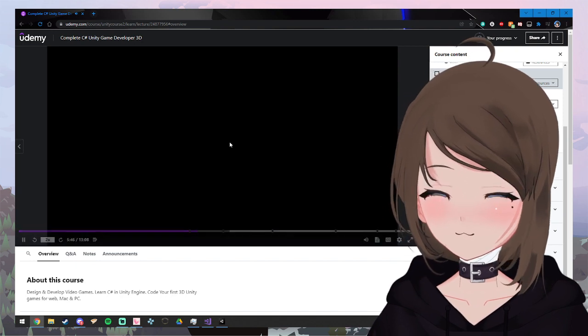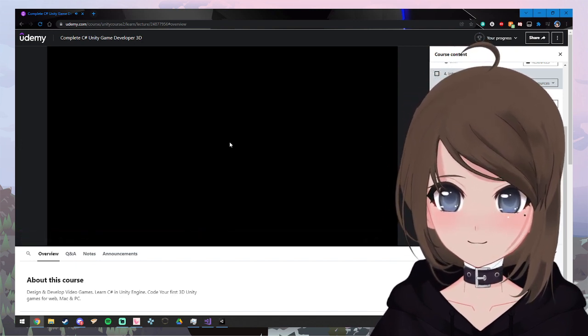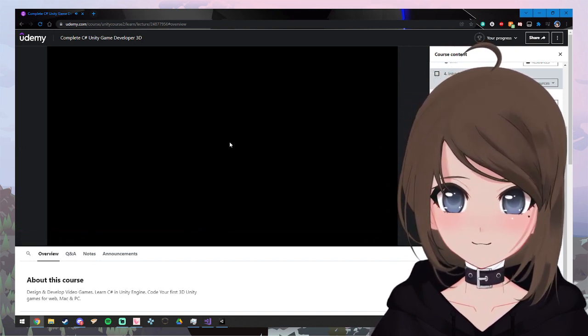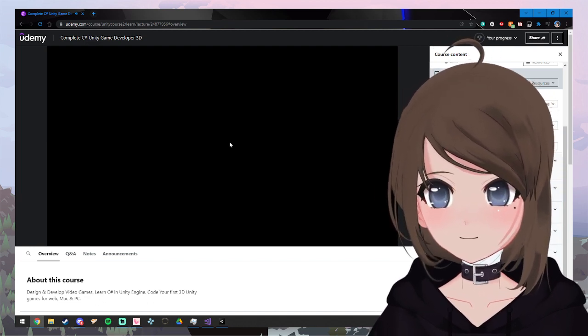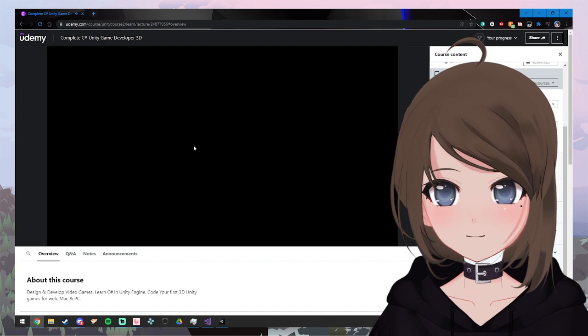If I hold down just the right mouse button, you can look around from the spot we're in at the moment. You can mouse wheel in and out. You can also hold down Alt and right mouse button to do a cleaner zoom in and out. One thing that I use a lot that's really handy is if you're way off here and you're like, oh goodness me, I've clicked on my cube. Where is the cube in my scene? If you hit the F key, it will focus on that object.